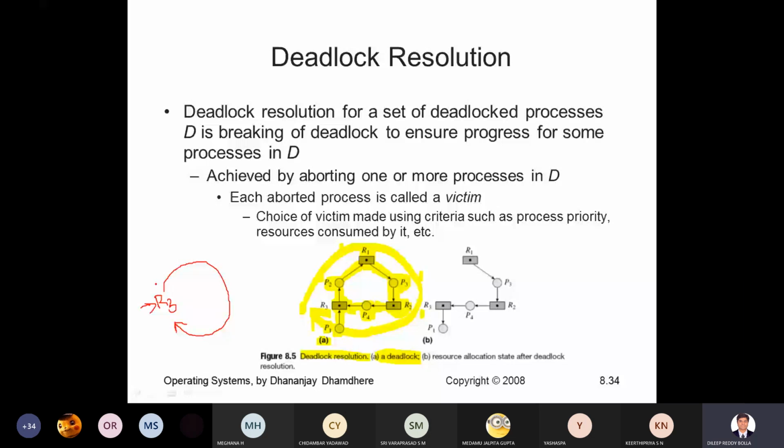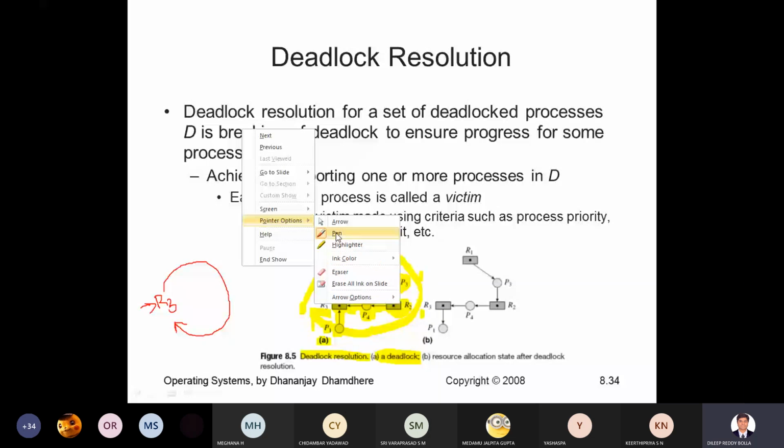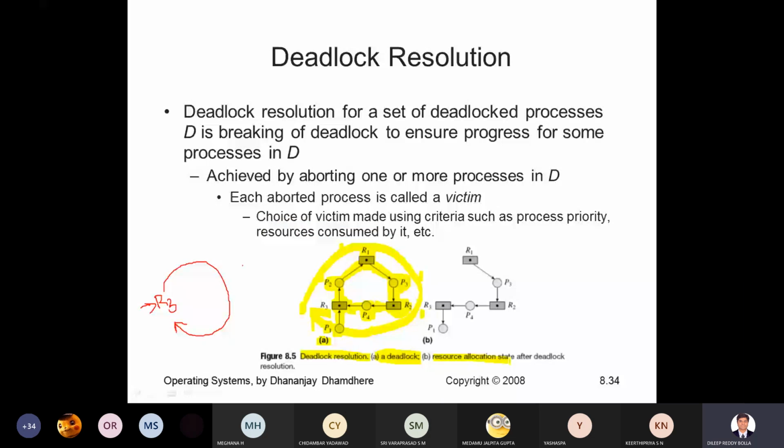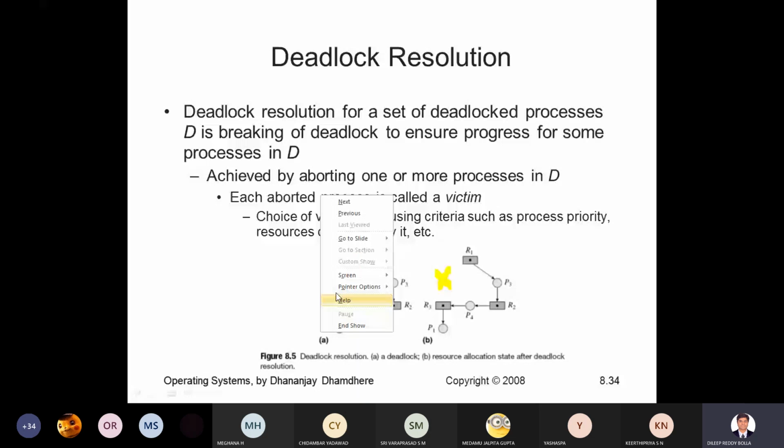So how to resolve this deadlock problem? This deadlock has to be resolved, right? We need to make sure of the resource allocation state after the deadlock. To resolve this, check this one. This portion that we have here, we are trying to completely eliminate. By this way, we have resolved the issue. Here at this place, there is no chain link now, so the deadlock can be resolved.